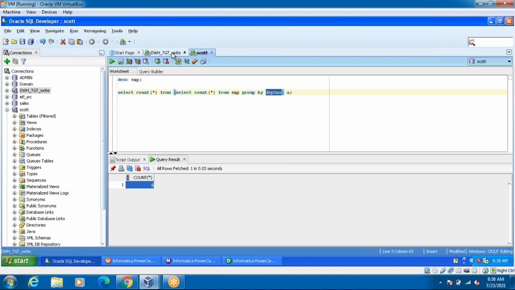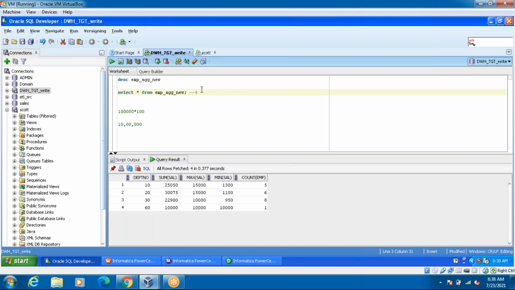Okay, now we have to write the duplicate check. How are we going to check the duplicate? Select, so here the department number is my column, from EMP AGG new, group by department number, having count greater than 1.